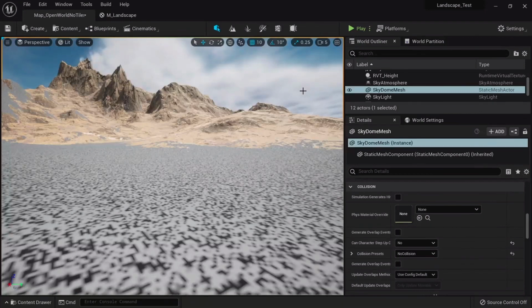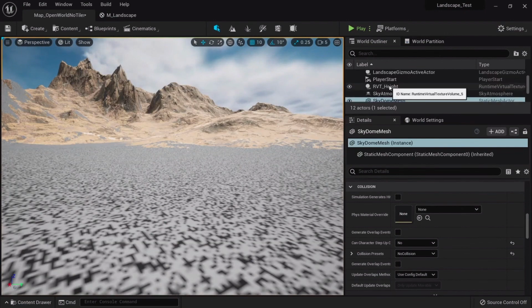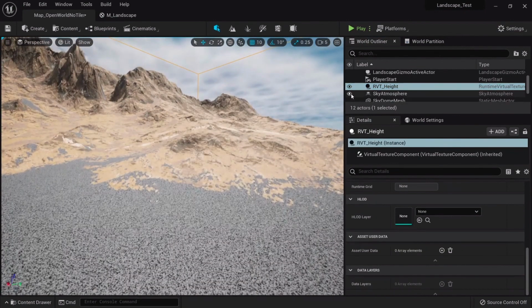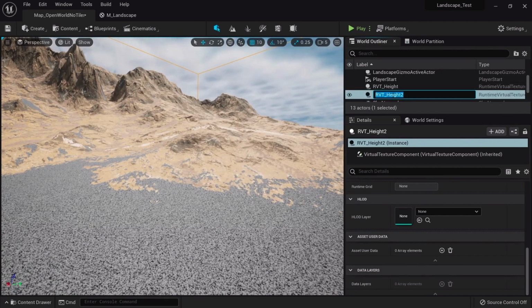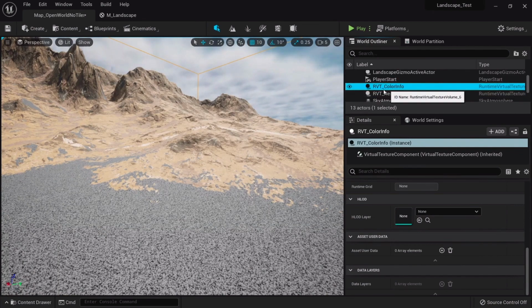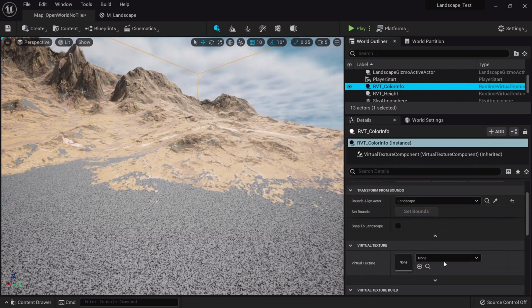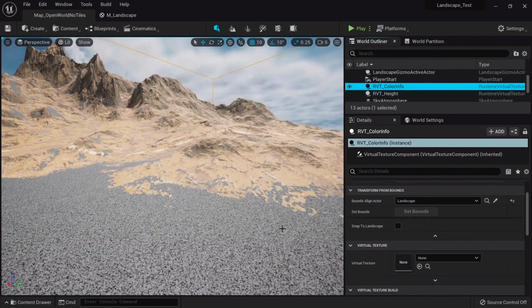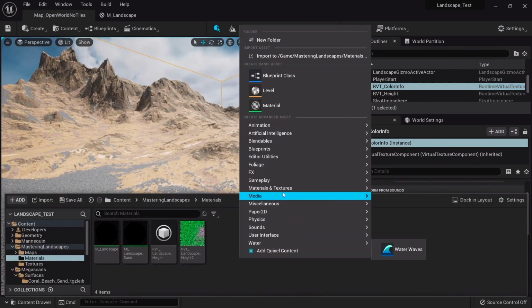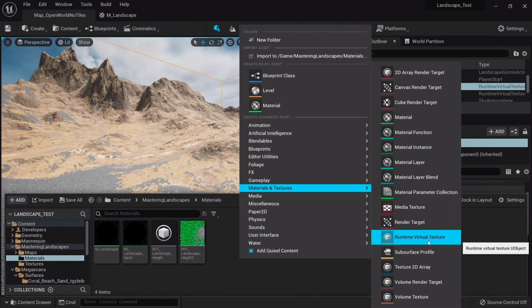Okay, so in order to color this, we need to grab another source of RVT, or runtime virtual texture. This will grab the height. So I will Control W and I will call it RVT color info, just like that. And here in my virtual texture, I need to put a color. So what I will do is go here, save everything first, and right click materials and create a RVT